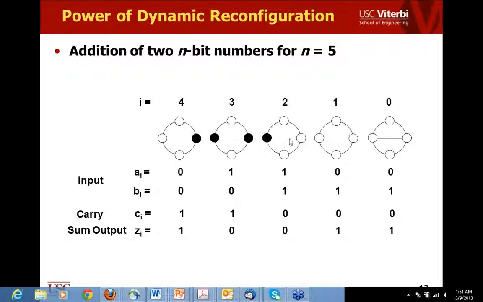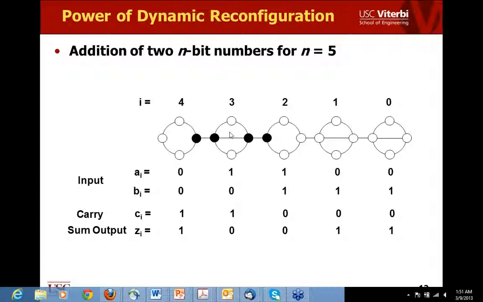That's what I'm doing here. I open the switch here and push a 1 signal to go this way. So this 1 signal propagates, this 1-0 combination here. So it propagates all the way. Therefore, all these processing elements can locally compute their output, which is the exclusive OR of the 2 input bits we have